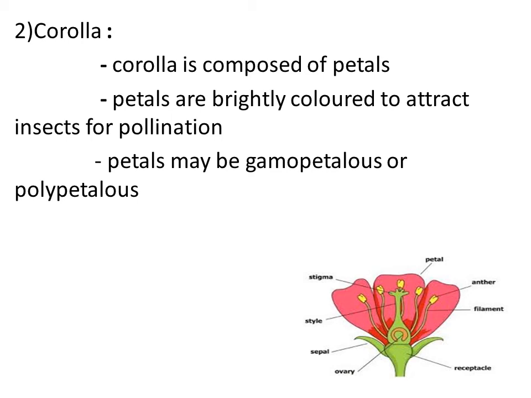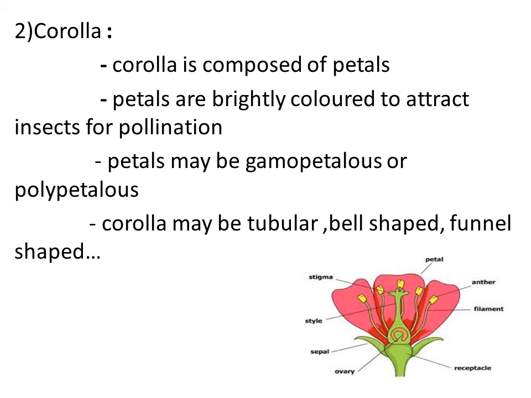So two conditions can be seen in the petals of different flowers. In some it is gamopetalous, that means the petals are united. In some it is polypetalous, that means the petals are free. One petal is not fused with the adjacent petal in the corolla. Such a condition is called the polypetalous condition. These conditions are considered when classifying the plants. Yes, we have studied the second whorl of the flower.